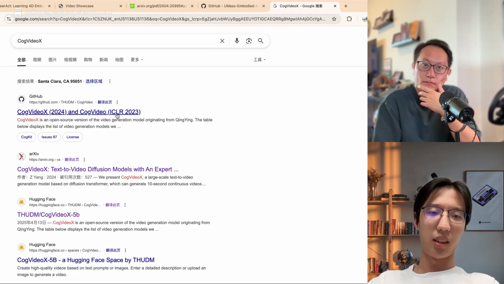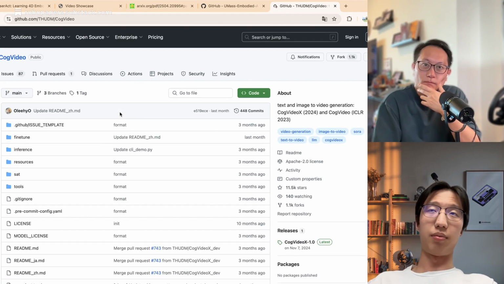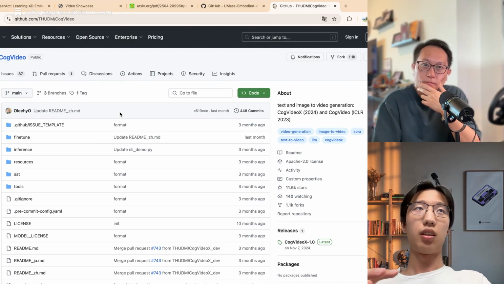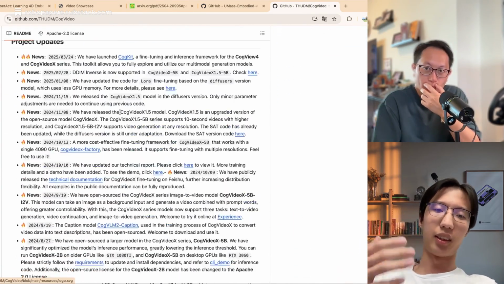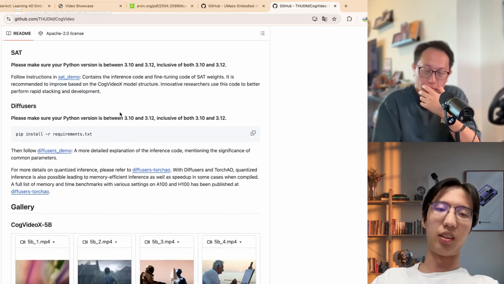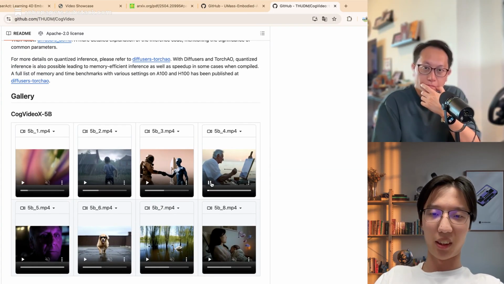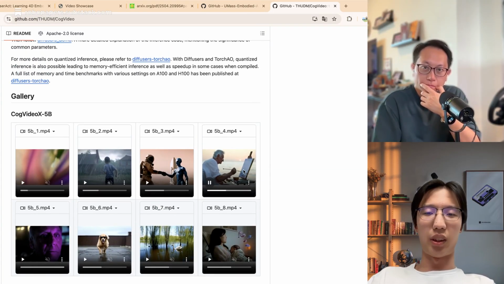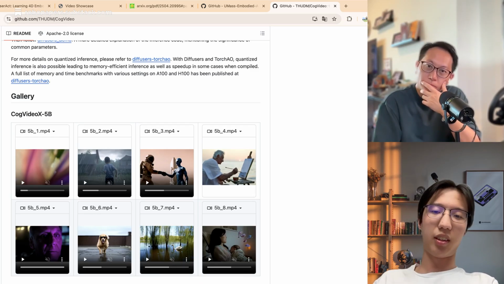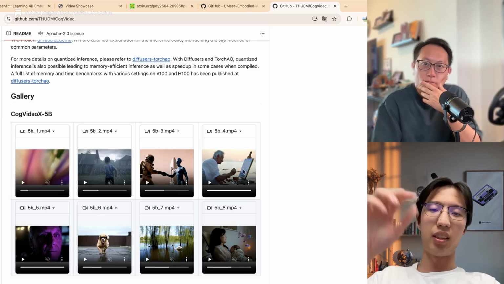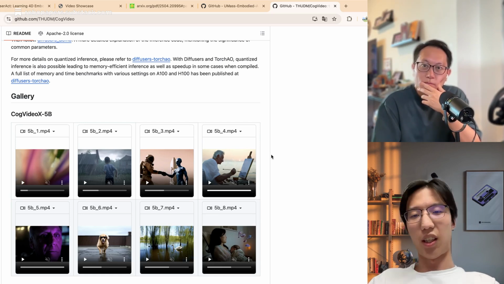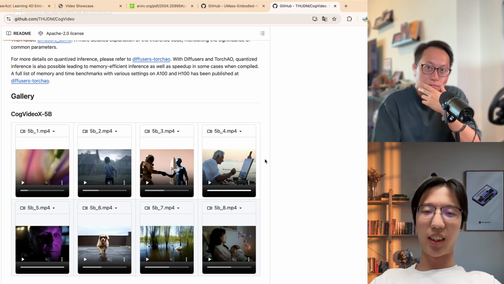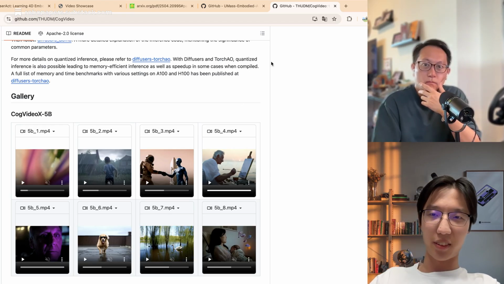The user can give a description of the scene, and then CogVideoX can generate a video based on the user's input. Like this is a result from CogVideoX, and the input is a man drawing, maybe in a sunset scenario.